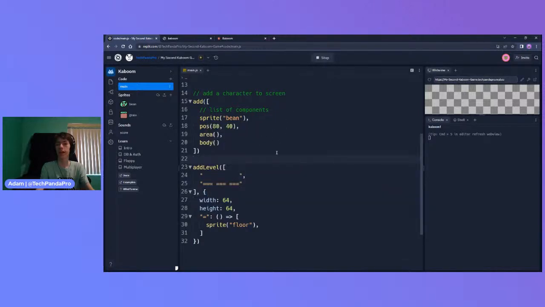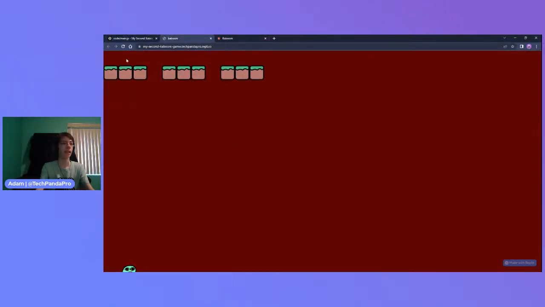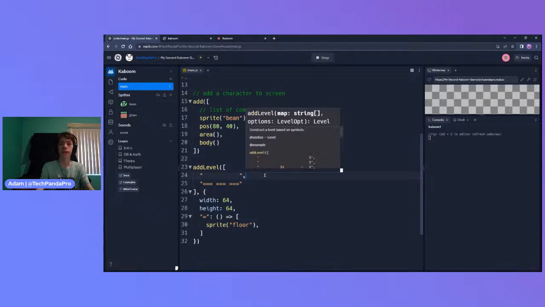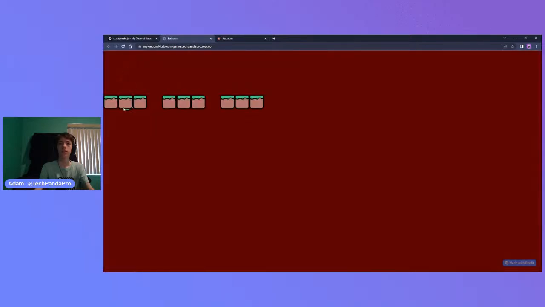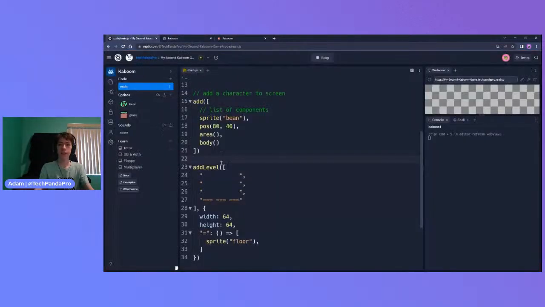Now if you run it, you'll see there's more space up here. The issue that you're going to notice is that the bean does not land on these little floor things right here. We can easily fix that